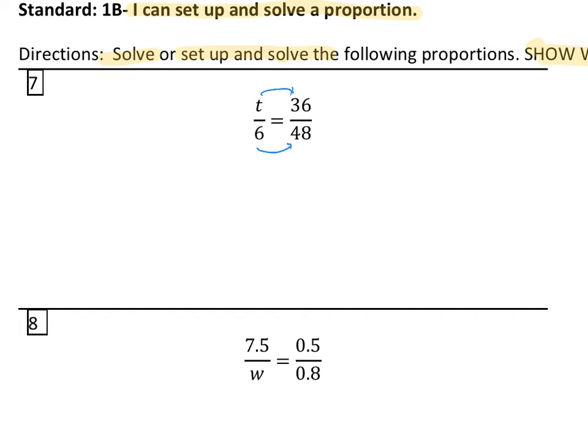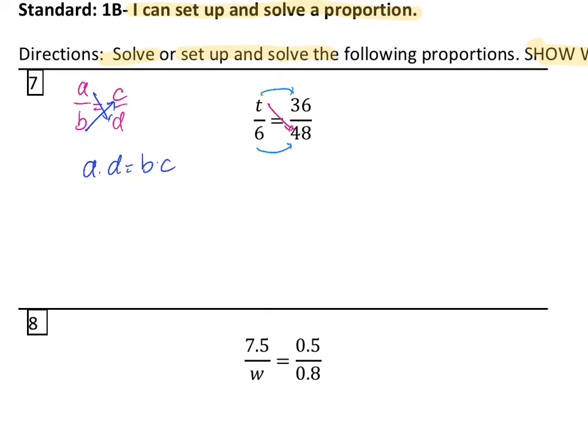If you can successfully do one of those other methods after you've set up a proportion, I'm fine with that. But I'm going to show you one method just to avoid any confusion. So what we're going to do is use the cross products, which says that if we have A over B equals C over D, then A times D